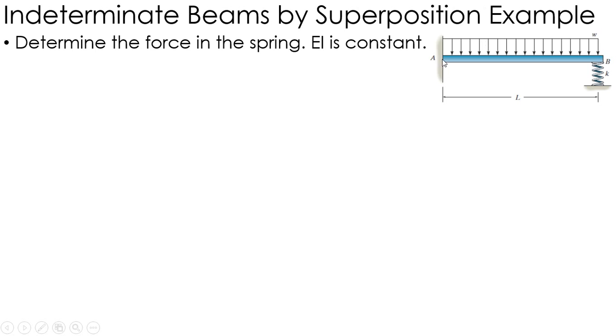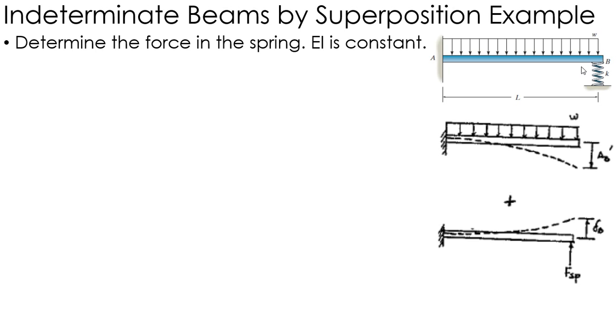I'm going to have 4 unknowns. I have 3 over here at A, and then I have a force over here at the endpoint. So 4 unknowns, but I only have 3 equations. So I'm going to need to use what we've been talking about with statically indeterminate beams. So what I'm going to do is break it up into 2